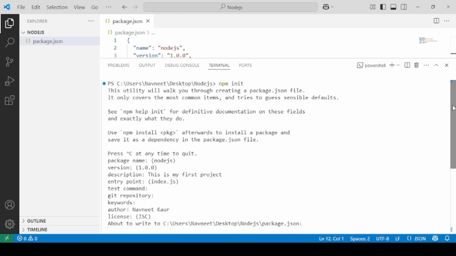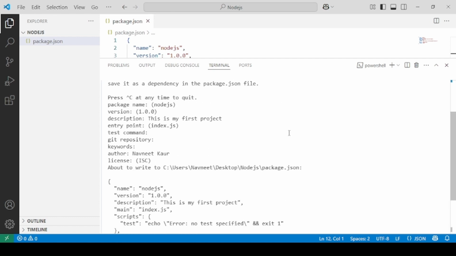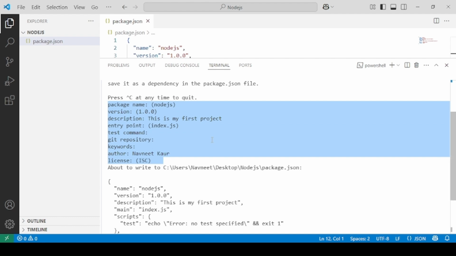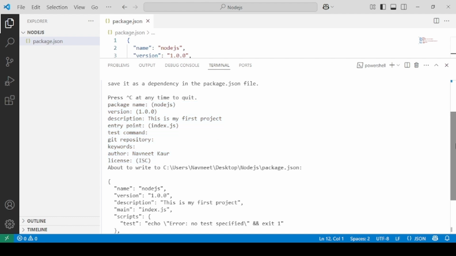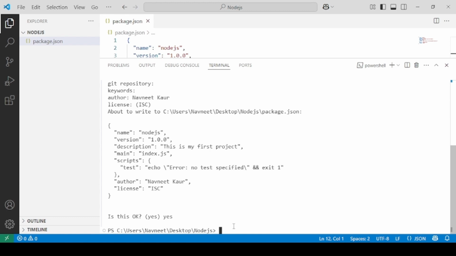And just in case, if you as a beginner don't really want to answer all these questions in the terminal, there's another command, npm init -y. This will skip all the information that you're supposed to give, and simply create the package.json file that contains the information regarding your project with the default values.